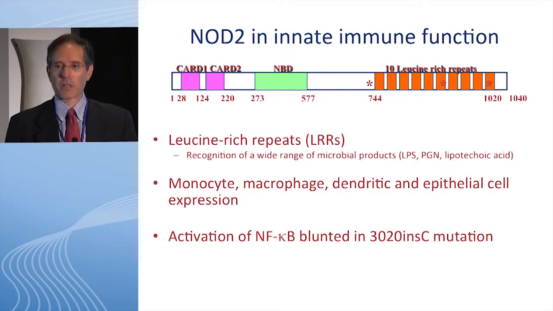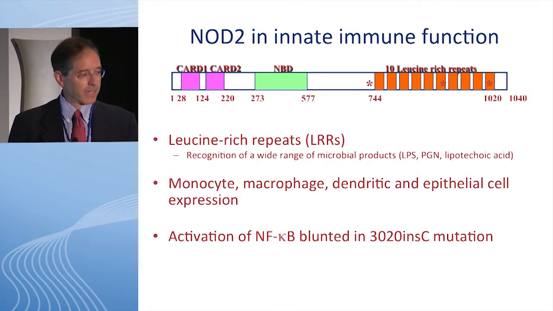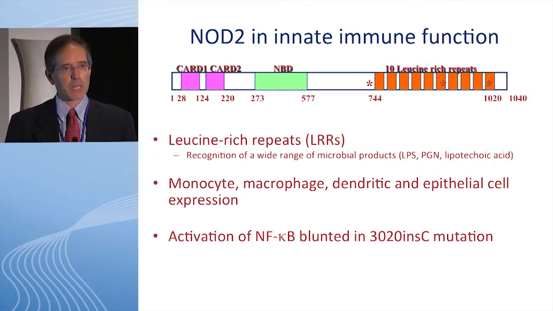So NOD2 came along, and NOD2 is fundamentally a defect. It does lots of different things, but the ability to clear intracellular bacteria is blunted. And that was a critical advance, because it took us away from the T cell and looked at an earlier stage in the whole initiation of the disease. And so when we look at inflammatory bowel disease, and try to understand the genetic component, it's worth stepping back and understanding the context in our population of where NOD2 sits, because it's become so sort of hypertrophied as important.